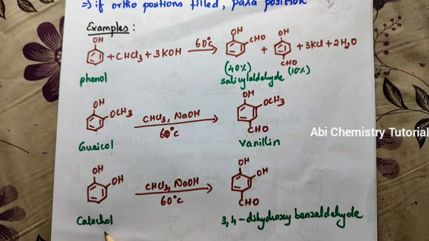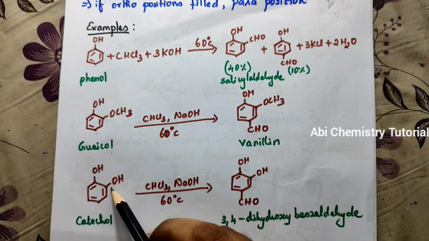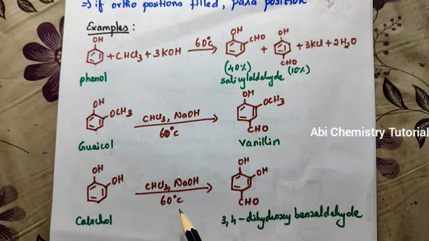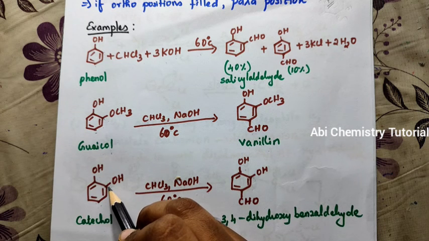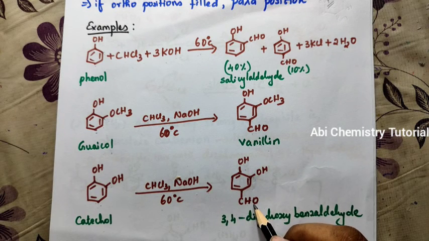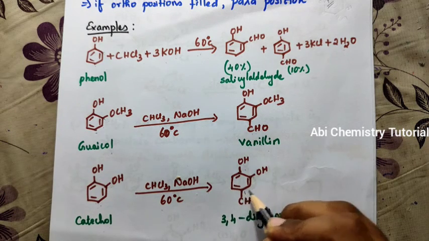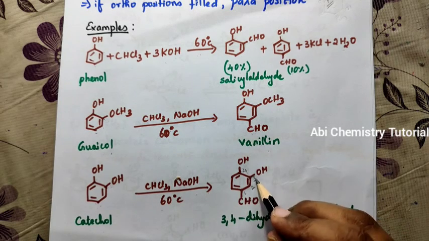And here you can see catechol. Two hydroxy groups are at the 1,2 positions, that is catechol, and the same reaction takes place to give the substituent CHO at the para position since the ortho position is occupied. So here you can see the CHO group gets the priority. So the numbering starts from 1, 2, 3 and 4. So now the name becomes 3,4